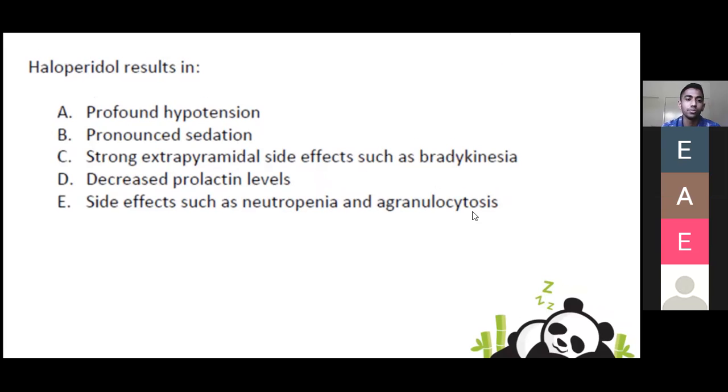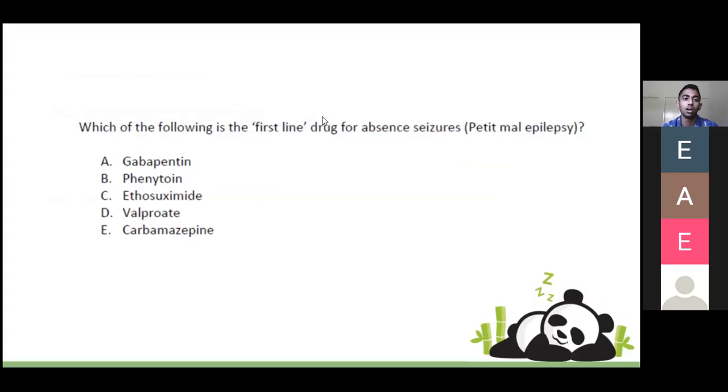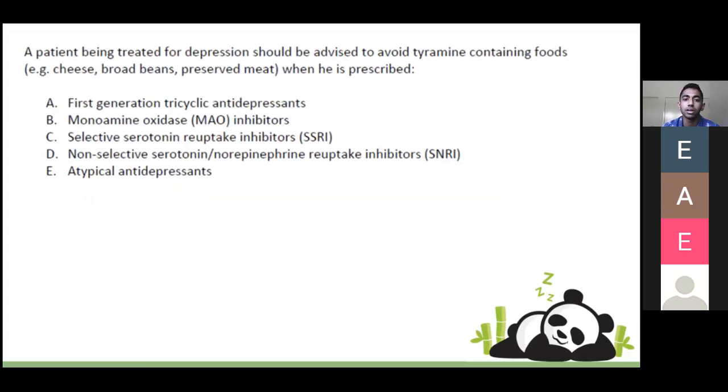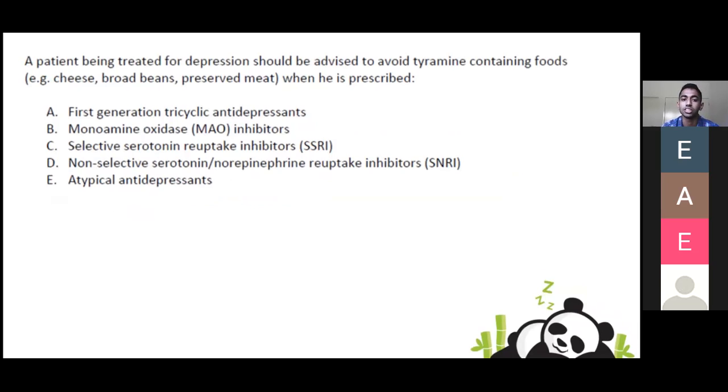All right, so this one's going to produce our strong extrapyramidal side effects. So the answer is C, because remember, haloperidol is stronger at those extrapyramidal side effects, but less so the hypotension, less sedation. That's chlorpromazine. Then we've got patients being treated for depression, blah, blah. Oh, I can't actually see because of the thing at the top. But yeah, so people are saying B, good. So it's a monoamine oxidase MAO inhibitor, which is good. Yes, good job. I'm glad you're all listening. That's mainly going to be associated with that cheese reaction.